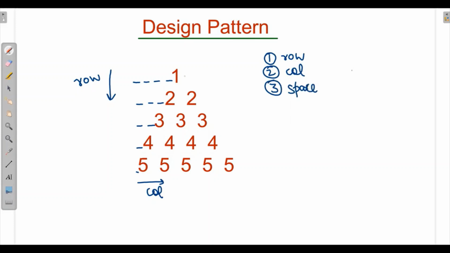First, it is a row. So I can write for row in range. As it is increasing from 1 to, I'll write 6 because the last number is always excluded. Then I need to write for column.